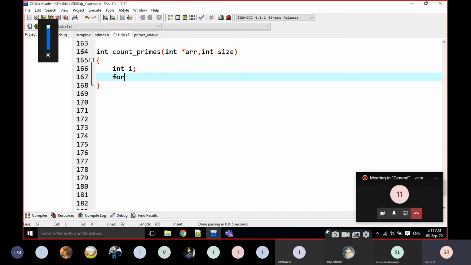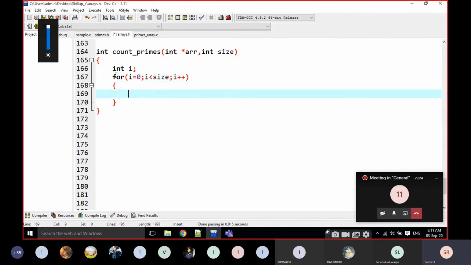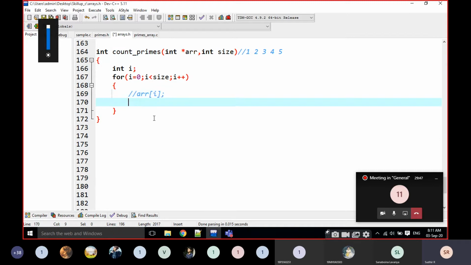For I equal to 0, I less than size, I plus plus. Just for example, I am going to trace all the elements in the array. What is ARR of I here? It is going to display all the values one by one.